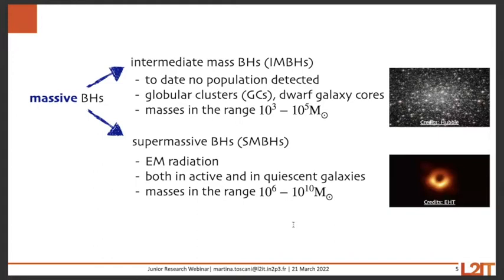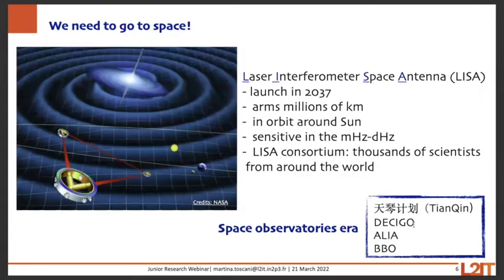And in order to see a low frequency gravitational wave signal, we need to have an interferometer with arms millions of kilometers long, not a few kilometers like the present day interferometers. And how can we build, or where can we build such an instrument with such long arms? Well, the only way to have this kind of detector is if we go to space. The first instrument that will be launched to space and will be able to search the gravitational wave sky in the low frequency regime